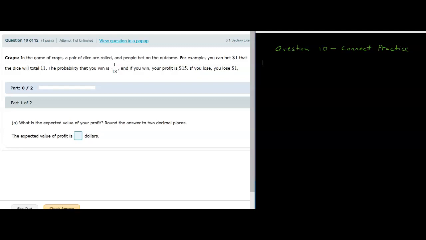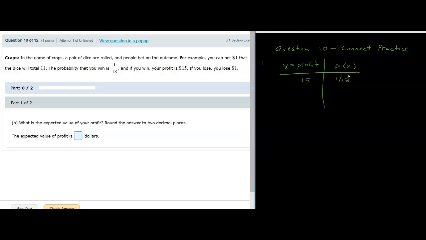And so when the question first asks us in Connect to find the expected value of the profit, we really need to have the probability distribution for our random variable. And so our random variable here is the profit. And make a little table, say we've got profit, and then the probability associated with that profit. We know that there are two possible profits, and the one profit is $15, but we only have a probability of 1/18th